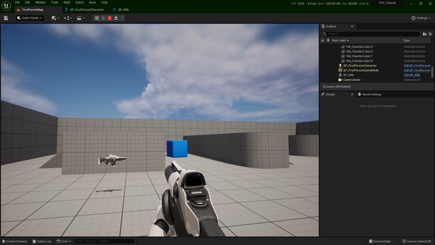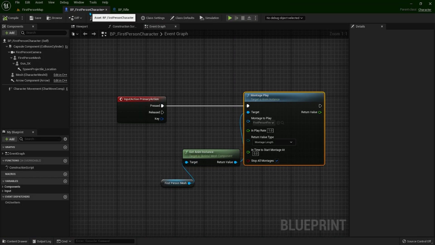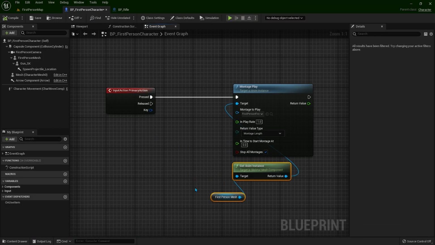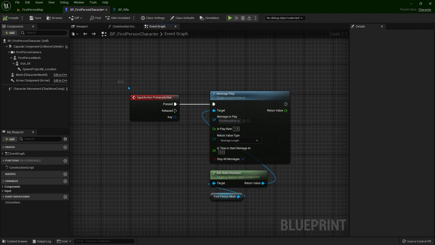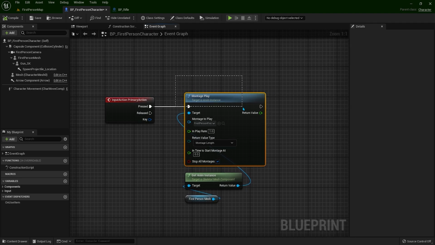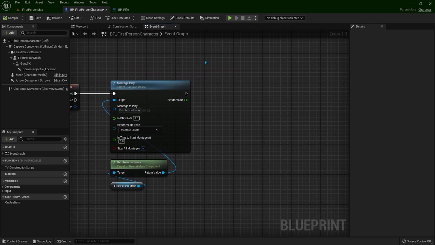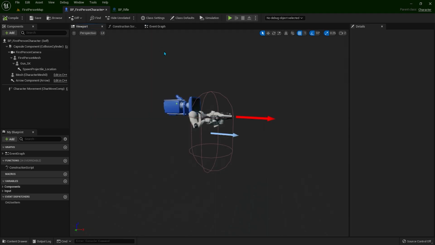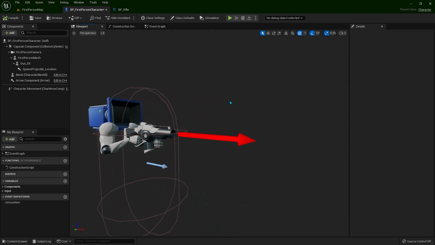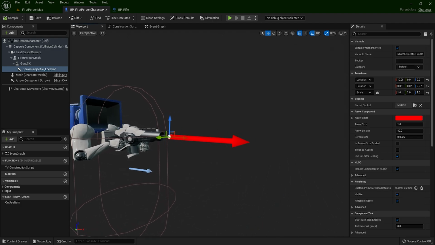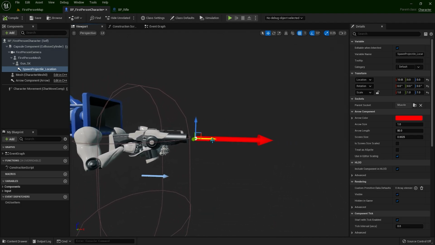Now let's do the rest. So let's arrange the code a little bit better. So this is when you press left click, we're going to play that animation. And now we need to shoot a projectile from our muzzle. If you remember, in a previous lesson, we have created this arrow, so we're going to shoot the projectile from this location. Because if you go in the rifle,